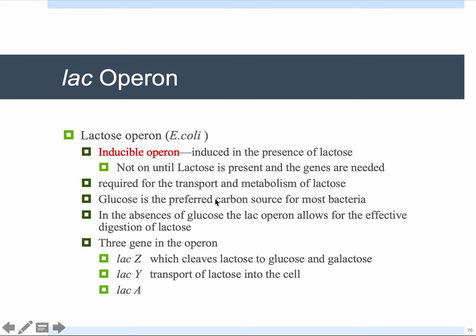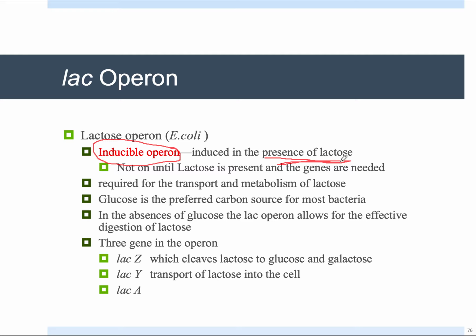And to do that, you would have an operon that has to be induced, and that's the lac operon. So you have a lactose operon which has to be induced. So the lactose operon is an example of an inducible operon. It only becomes activated in the presence of lactose. So if lactose is not present, the lac operon is not turned on. So when lactose is present, the lac operon is turned on. The genes are then transcribed and then translated,